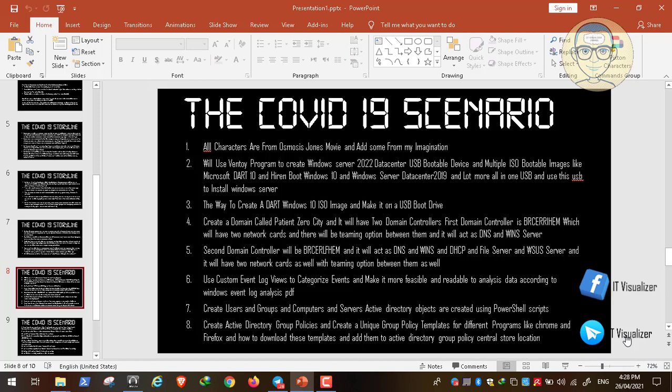Here, as I said before, I will show you how we can create the Microsoft DaRT 10 ISO image. This is a couple of free tools that you can use to fix the Windows operating system, copy files from Windows, fix registry keys, and see some activity on your corrupted Windows. So I will show you how we can do this, and then we put it on a USB boot drive,